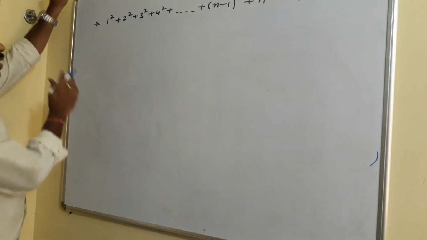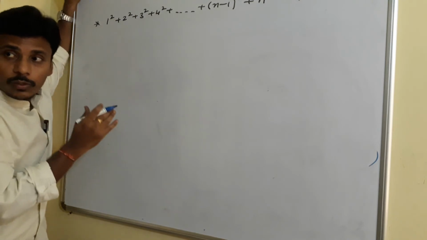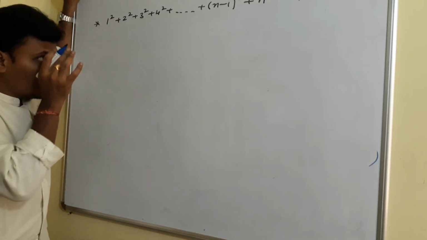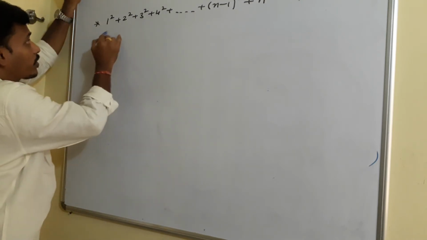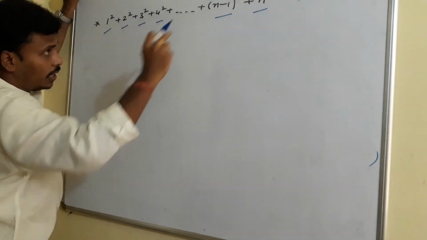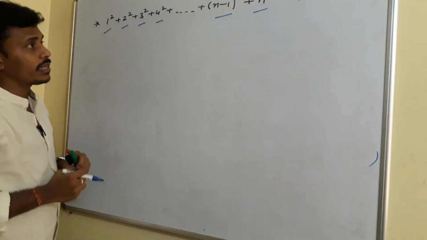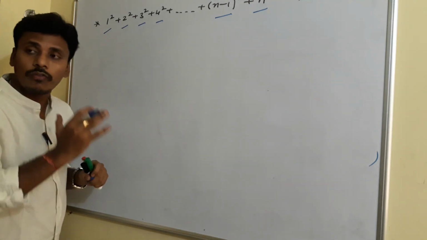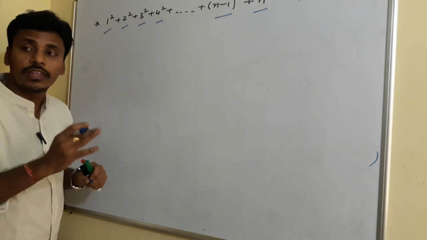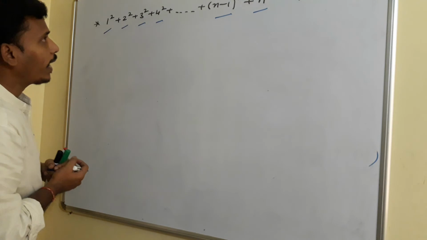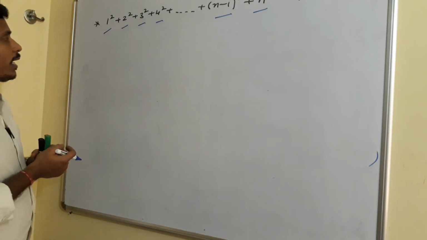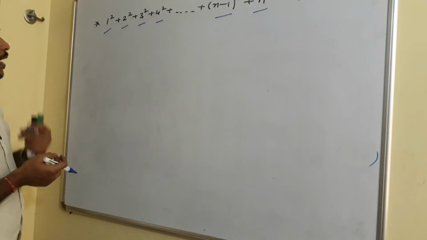See, the summation is what? 1 square plus 2 square plus 3 square plus 4 square plus and so on up to n square. Starting from 1, we have the squares of all the numbers. As a sentence, it is termed as the sum of the squares of the first n naturals. I am repeating, sum of the squares of the first n naturals. To find this summation, we have different methods and we need to go in a tactical way. See how the summation can be calculated.